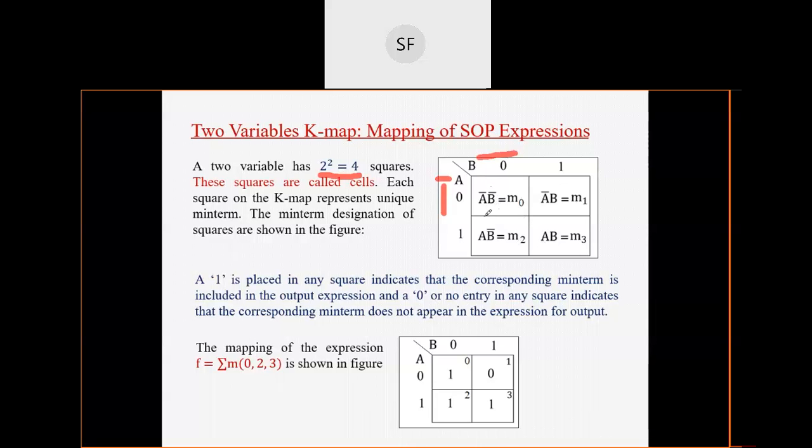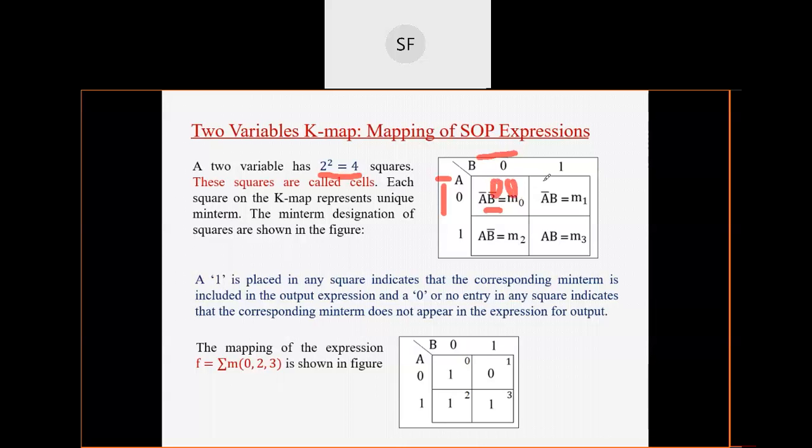Now if I observe this cell, what is the value of B for this cell? The associated value of B for this cell is 0, है ना? ये कॉलम में नहीं, ये सेल, सो 0. And what will be the value of A? सो A की इस रो में है आपका फर्स्ट सेल, so this cell is nothing but it is representing 0.